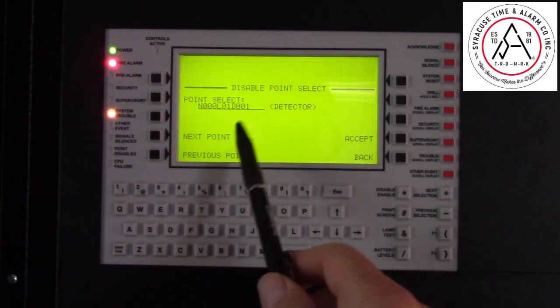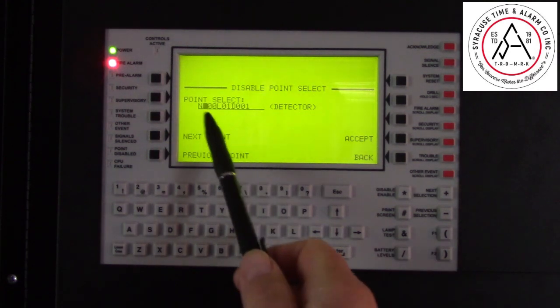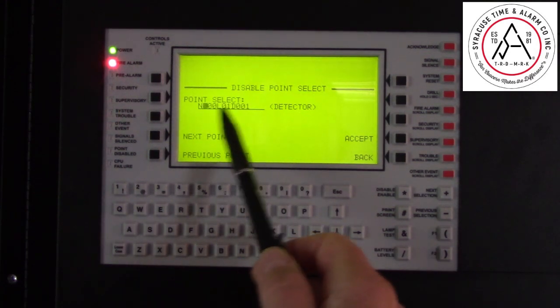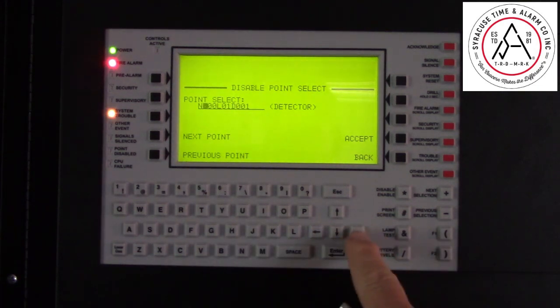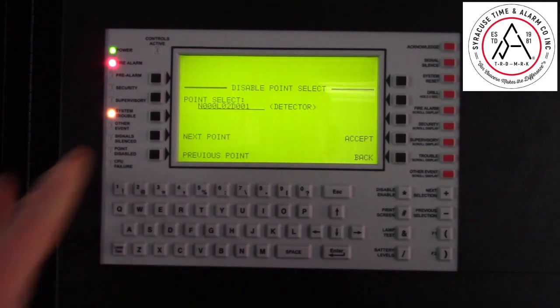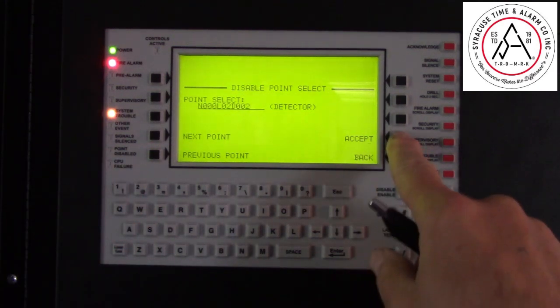but we're going to do a detector. Mostly you'll be disabling either a detector or a monitor point. This is a standalone system, so it's going to remain as node zeros. We want Loop 2, Detector 2. Scroll over, change it to Loop 2, Detector 2, press Accept,